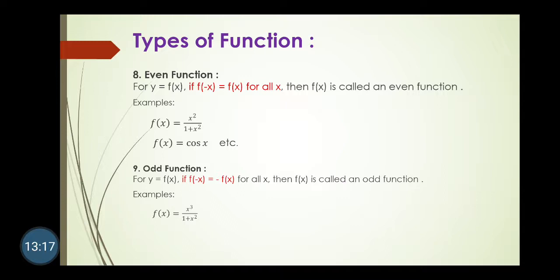So if we replace x square by x cube here, and we know the odd power is negative. So therefore minus of x raised to 3 is minus x raised to 3, then it becomes what? Negative term. So if it is negative, the function becomes an odd function. Similarly, for the trigonometric term, sin x is an odd function, because sin of minus x is equal to minus sin x, called as what? Odd function. Okay.